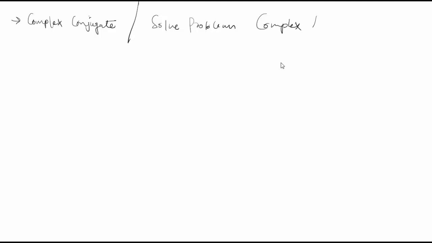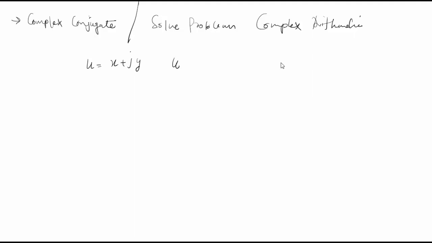So this video is about what is known as the complex conjugate, and we will also solve a problem related to complex arithmetic. So first, if you have a complex number given by u is equal to x plus jy,